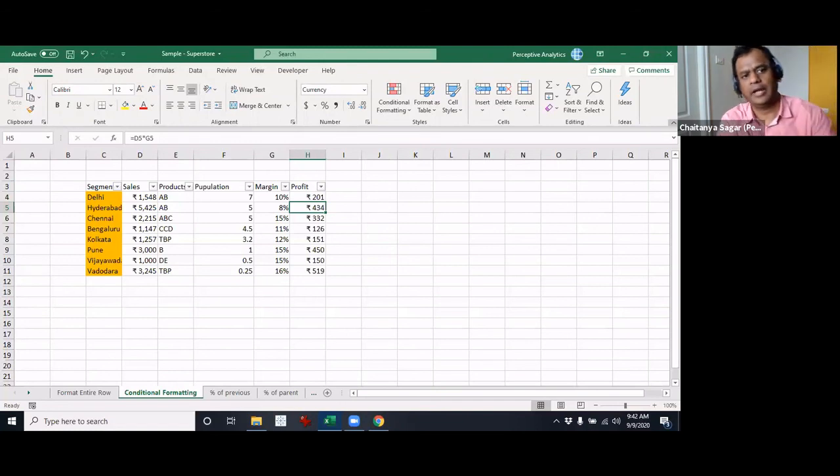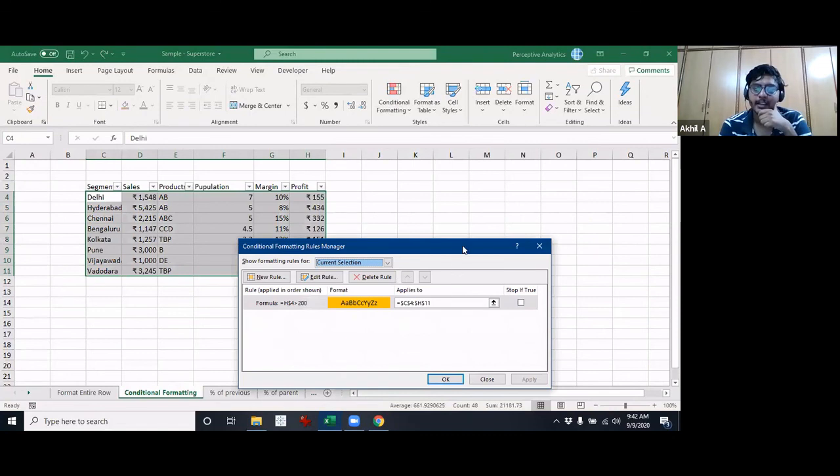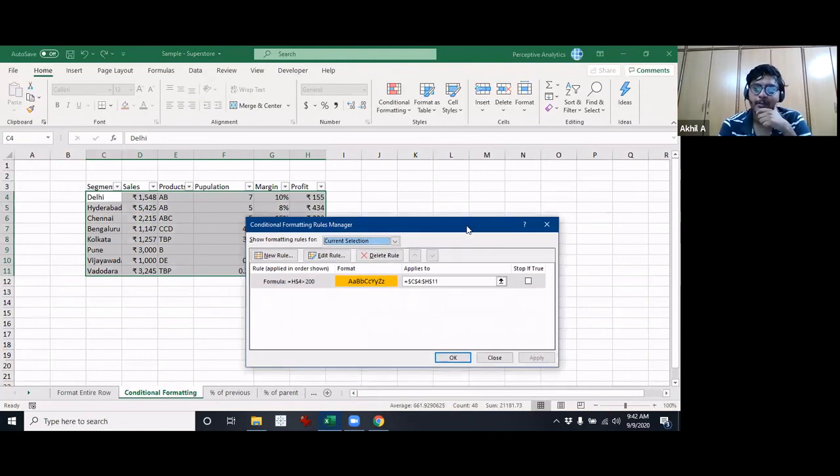Okay, I'll tell you what's going on. Understood. It will go to the C first column and check for H column's value, and it goes to D column and checks for I column value. It goes to E column, checks for J column value. As for I, J, K, L, we don't have any values, so it interprets them as 0. So no formatting applies for D, E, F, G, and H.